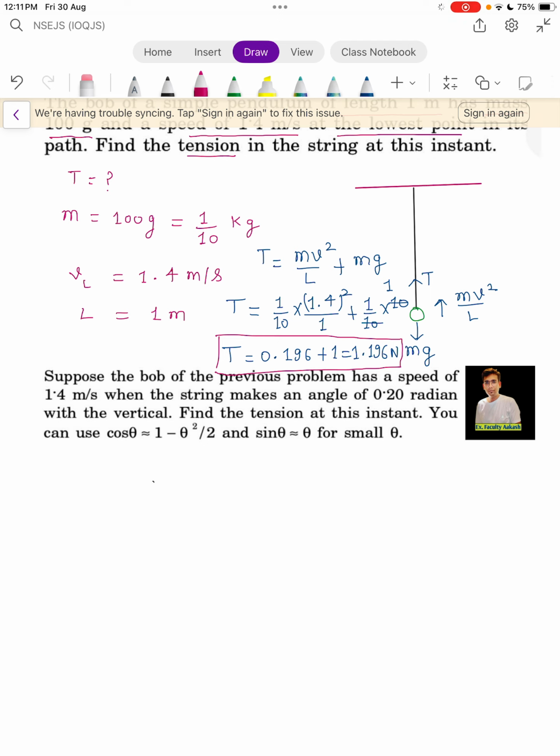नेक्स्ट प्रॉब्लम देखते हैं। सपोज इन द प्रीवियस प्रॉब्लम द स्पीड is 1.4 meter per second. String makes an angle 0.2 radian. Now the angle is given in radian, 0.2 radian. So in this situation, when you will draw the diagram,